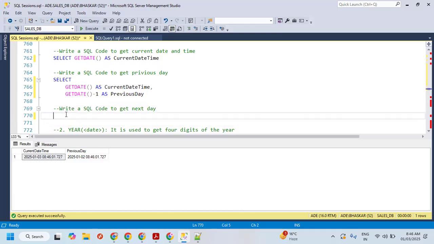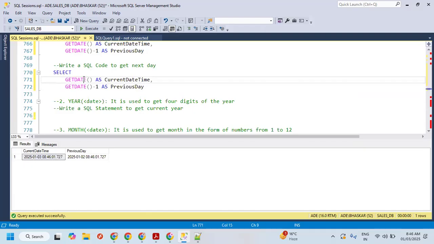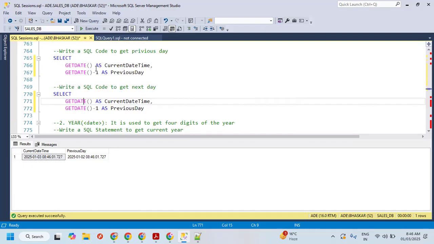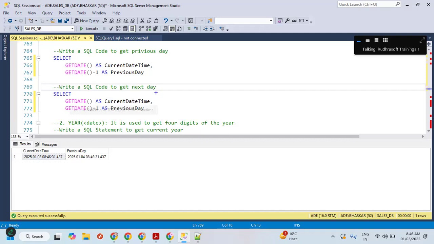So when there is minus 1, in place of minus 1, I'm going to make this a plus. I wanted to add 1 month. Okay, so we cannot add 1 month directly to the date. So when I say date plus 1,